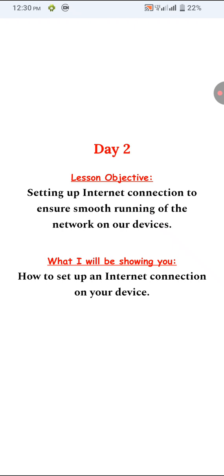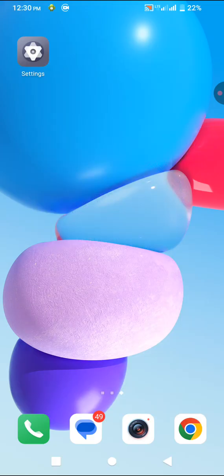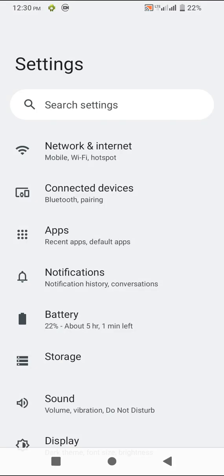The objective for today's lesson is setting up an internet connection to ensure smooth running of the network on our devices. And in this video, I will be showing you how to set up an internet connection on your device. In order to do that, we need an application called Settings on our device. This is the Settings app showing on my screen, and that is where we will be doing the settings we